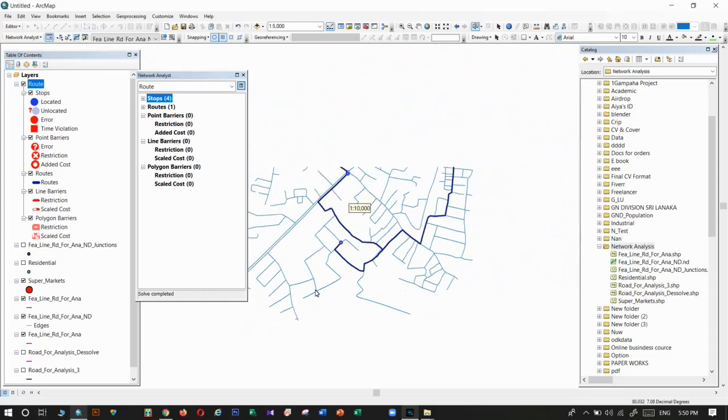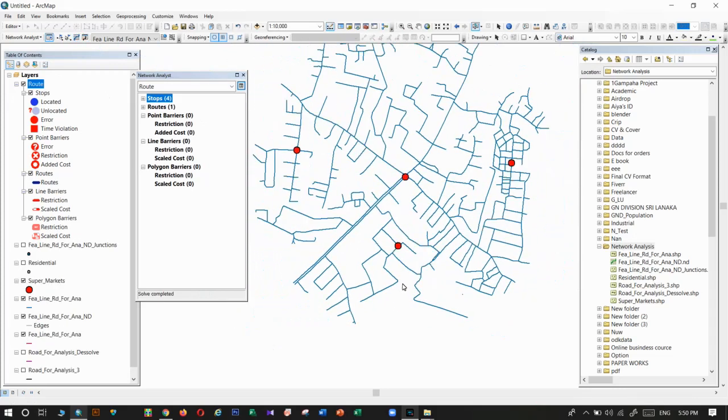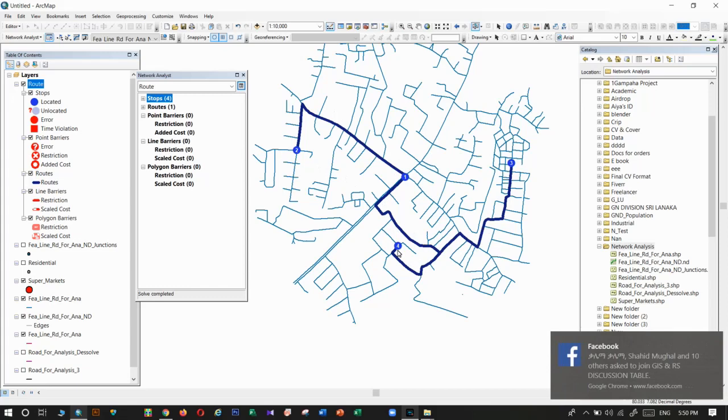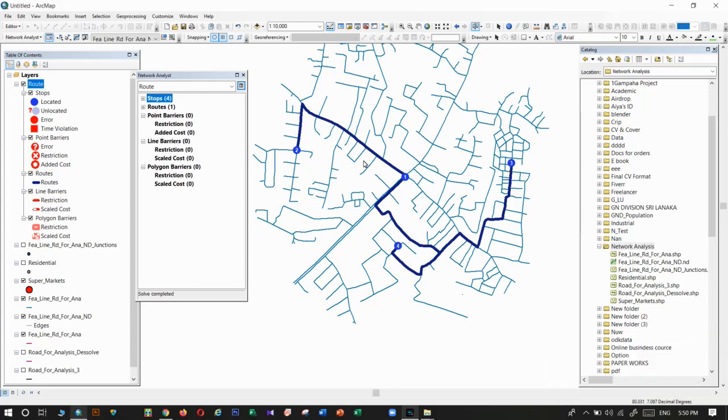Now we can click on that solve tool. Okay, this is the best route, the closest route to reach the four locations through these four supermarkets. If you need to export that route layer, you need to click on that,